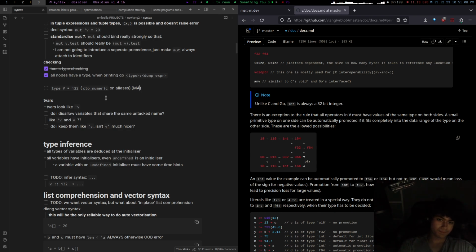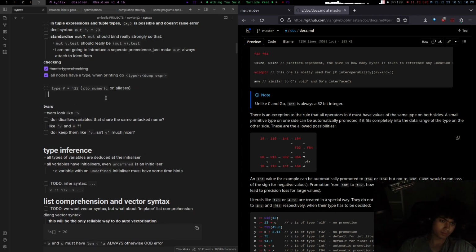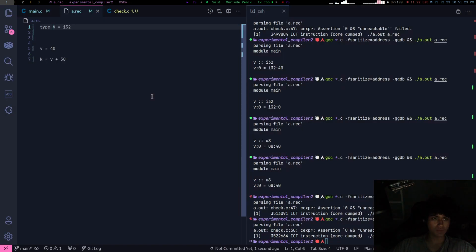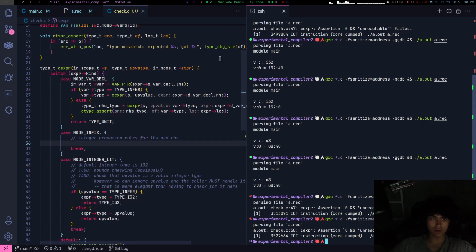Or maybe not. That's probably what I want, to be strict and treat every type as a new type. Probably. But for now, I'm going to assume that the left-hand side and right-hand side are integers.